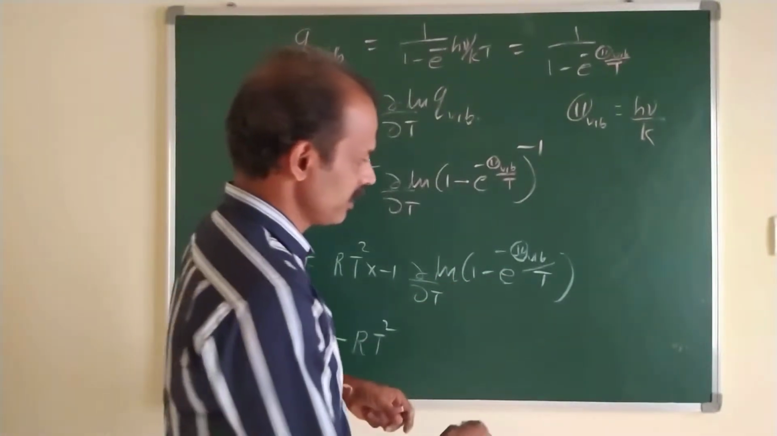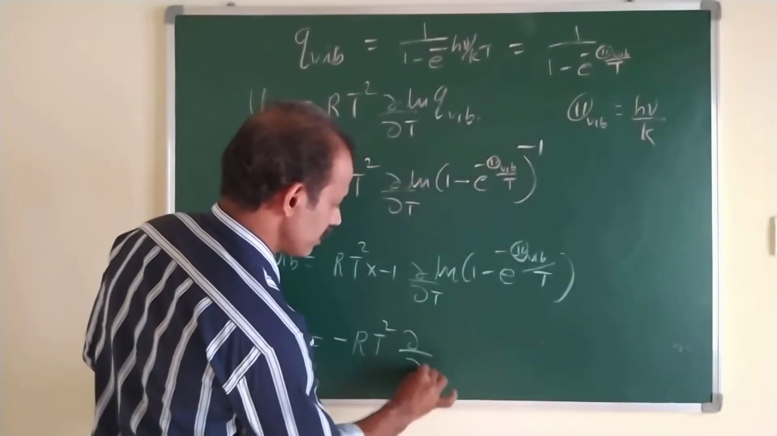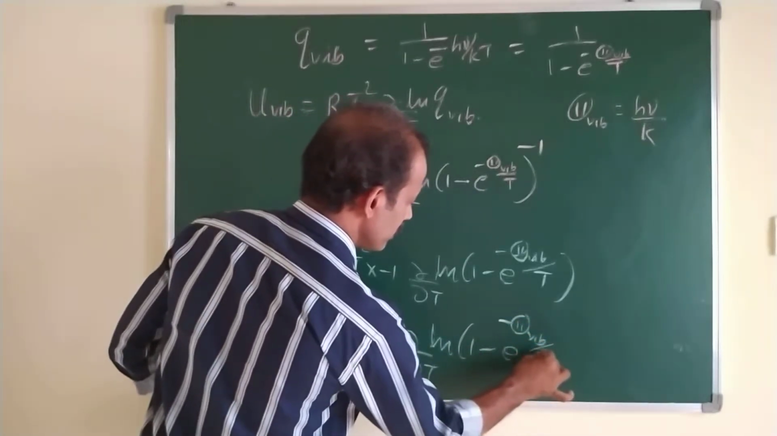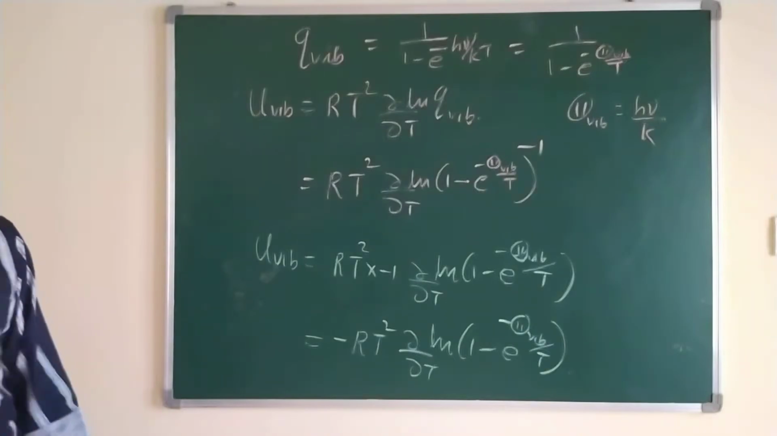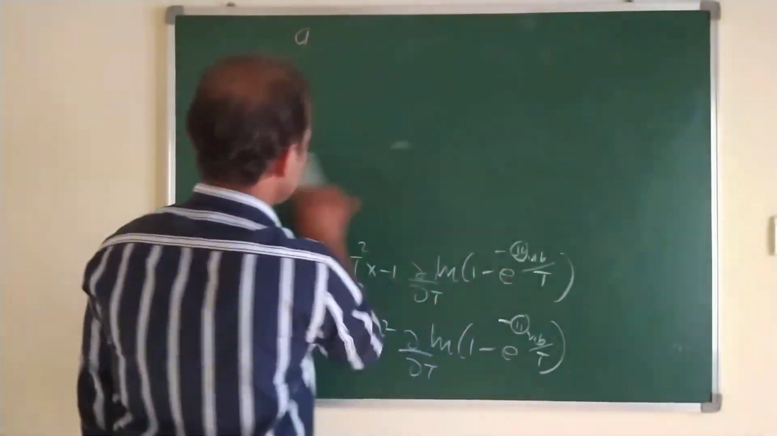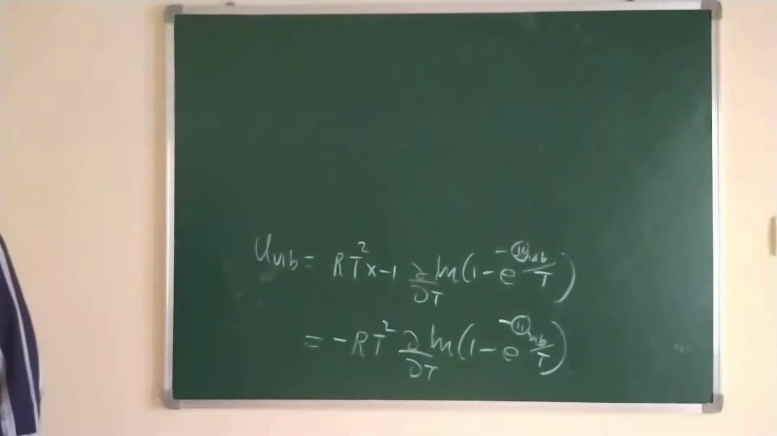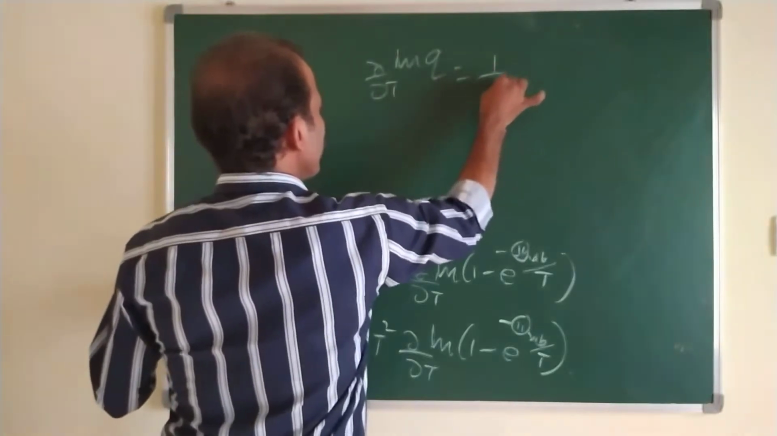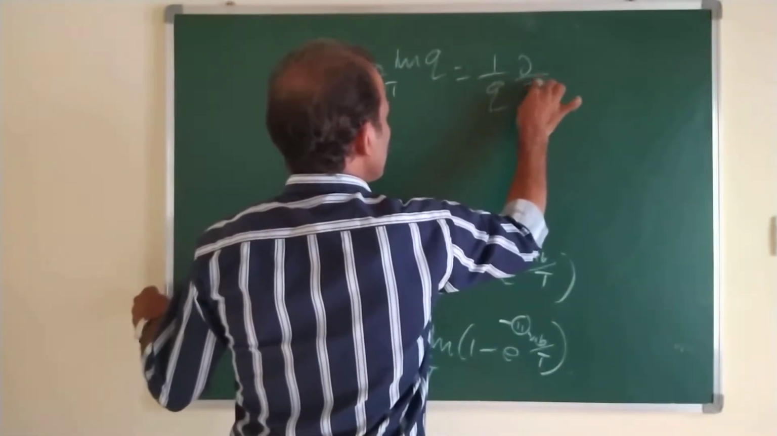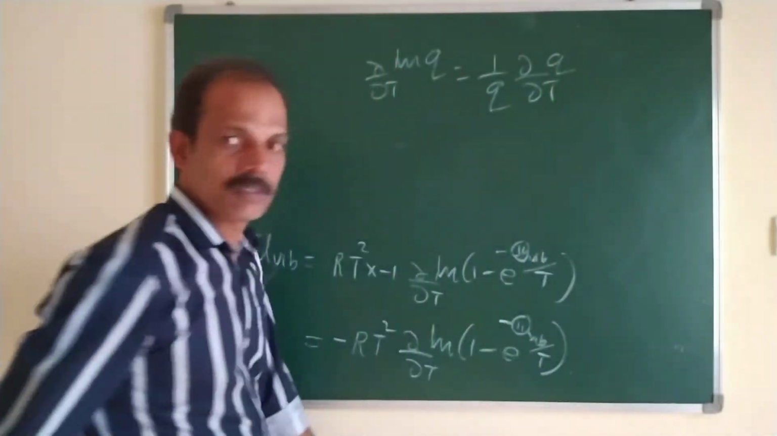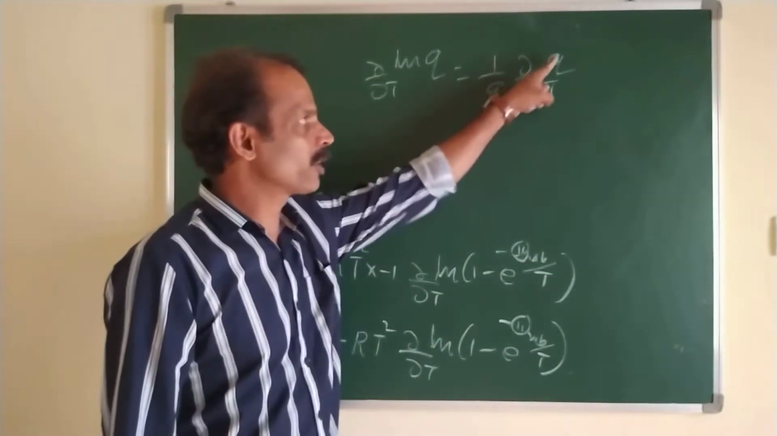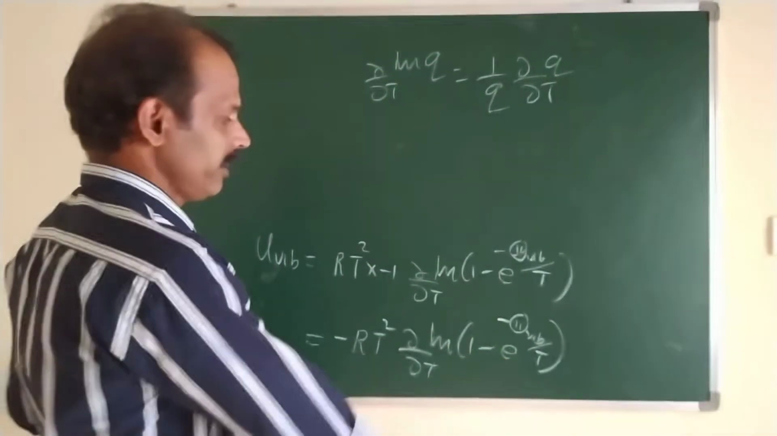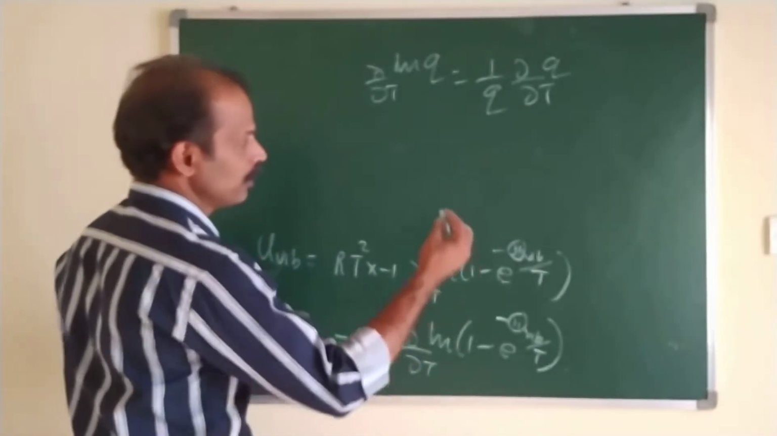Rearranging the equation, that is dou by dou T ln (1 minus e raised to minus theta vibrational by T). You can write it as dou by dou T ln q is equal to 1 by q into dou q by dou T. Okay, 1 by q into dou q by dou T, that is dou by dou T ln q. Dou by dou T ln this, that is this term, which is equal to